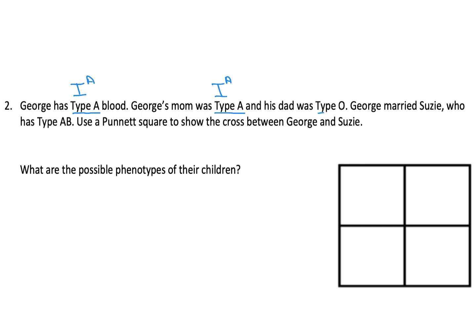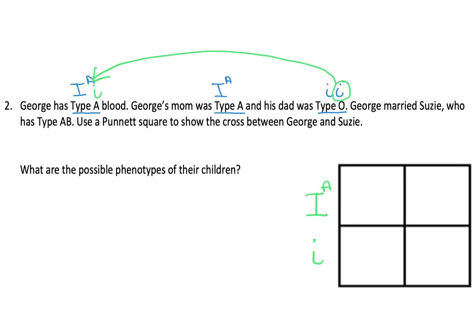And then his dad is type O. In order to have type O, which is the recessive form, we know what George's dad's genotype is, which is great, because now we know that George's dad has to give one of those to George, and we now know what George's blood type alleles are. All right, so now that we have George,